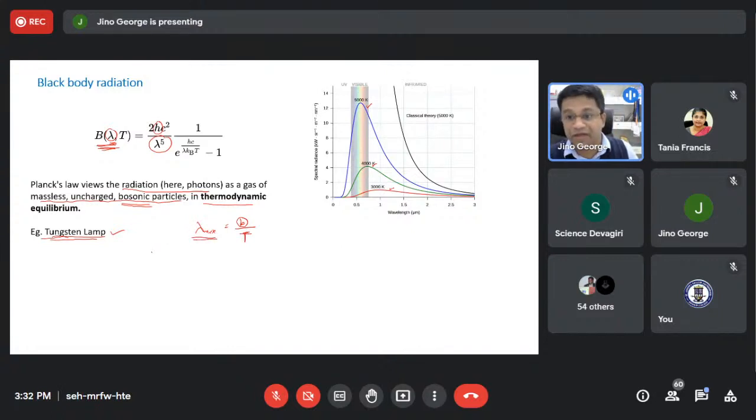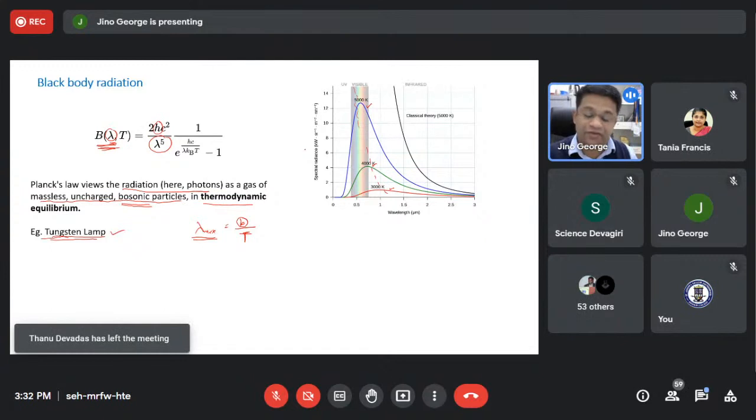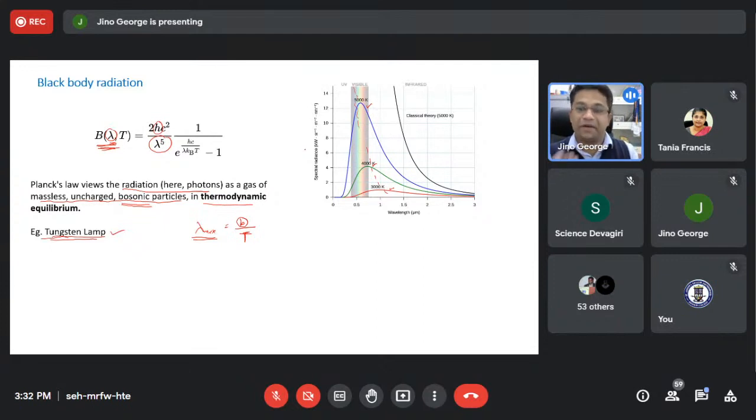You can go to higher energy if you increase the temperature, as you can see here in this graph. This is the spectral radiance versus wavelength, and as you increase the temperature, it slowly shifts toward the UV, the UV visible range. And this is how you actually use it. We'll have a lamp in a UV spectrometer, and you give a fixed electrical power into that wire so that there is resistance and it heats up. Then, for example, the tungsten lamp gets heated up and emits light. Okay? And this is maybe enough for